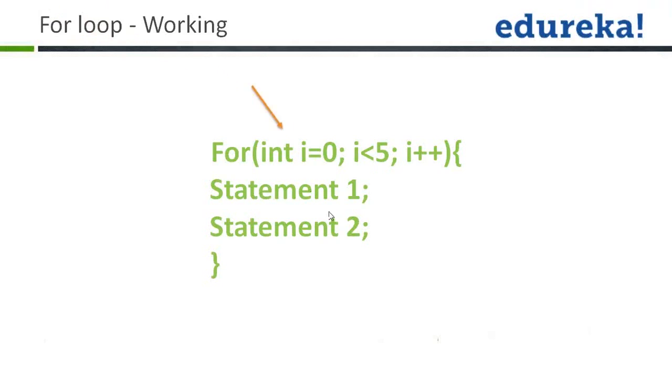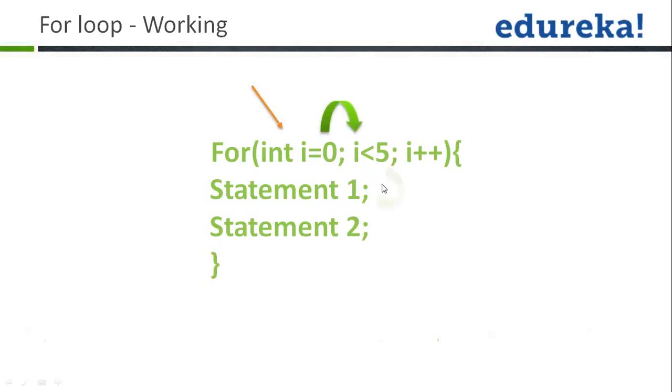I'll show you how it works. First, initialize the value. It is only called one time. After that, this is checked with the condition. It will check whether the value of i is less than 5 or not. Why check right after initialization? Because you can initialize the value of i to 10. Then if we are not checking the condition, this loop will run in a wrong condition, right? So as soon as you initialize the value, it has to be checked with the condition.